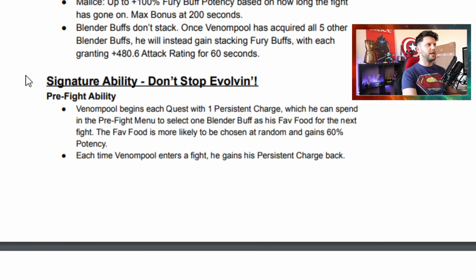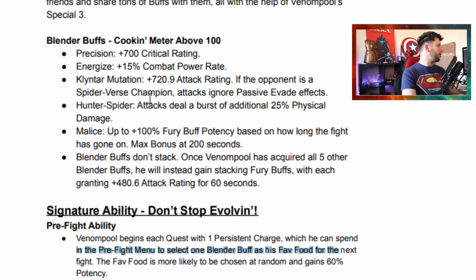Being awakened, he is able to have a persistent charge. This is great because he chooses from a pre-fight menu. It's food orientated with this, and he gets to select one blender buff as his fave food. So depending on what type of fight you're going up against, you can choose one of the various ones that